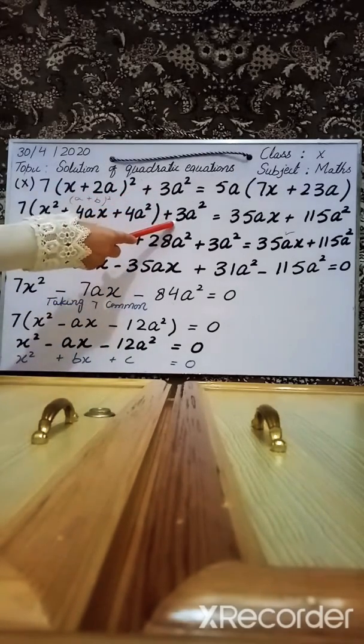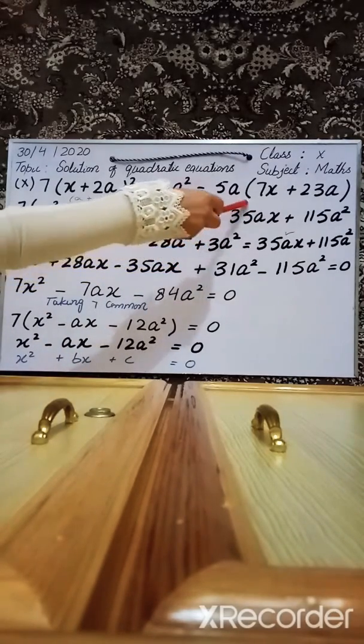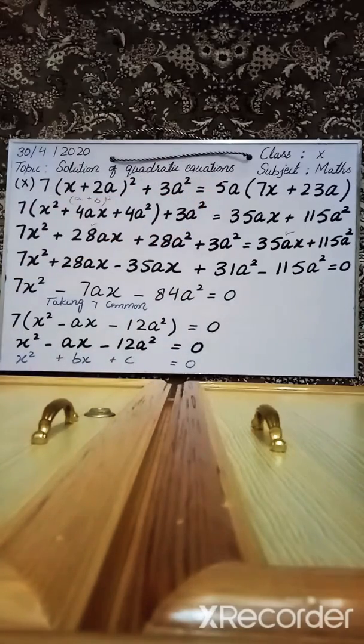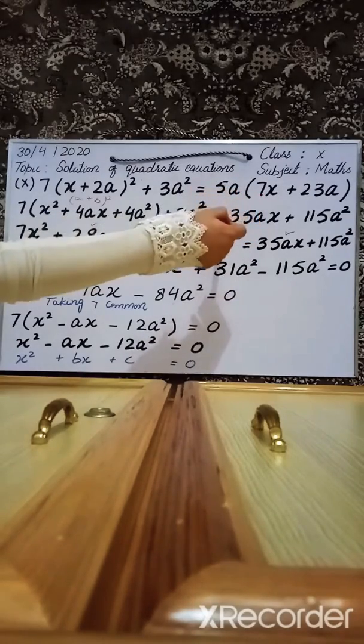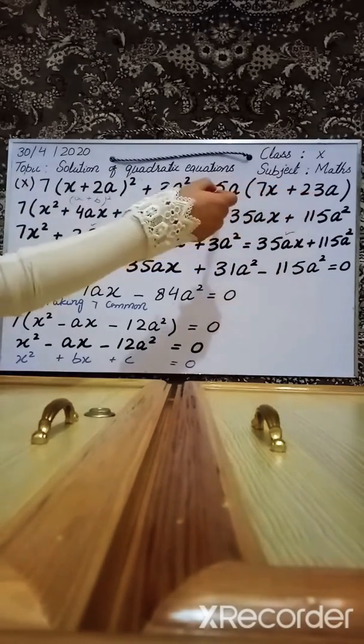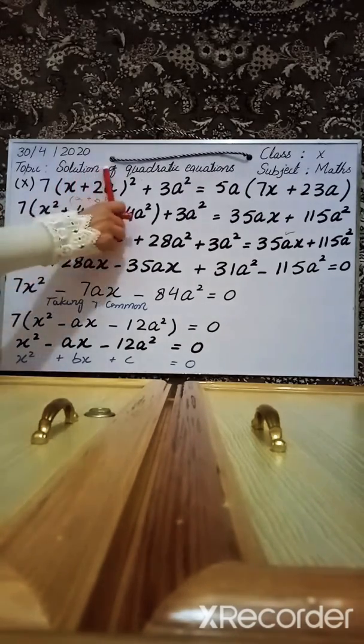Plus 3a square is written as it is, and we can see here that outside of the bracket 5a is written, and 5a can be multiplied with the whole bracket. So 7 5's are 35. In 23, when multiplied by 5, will give 115a square. So we can see here